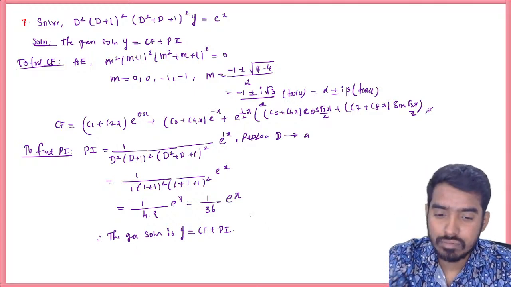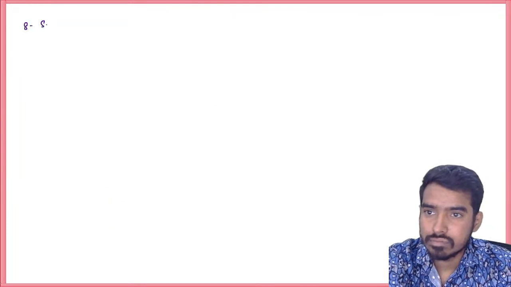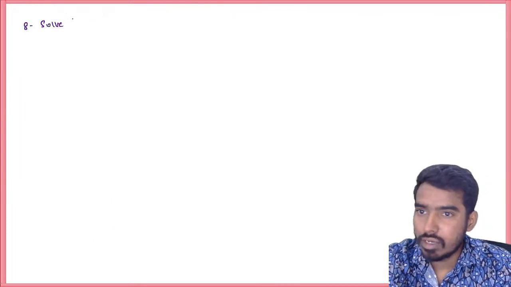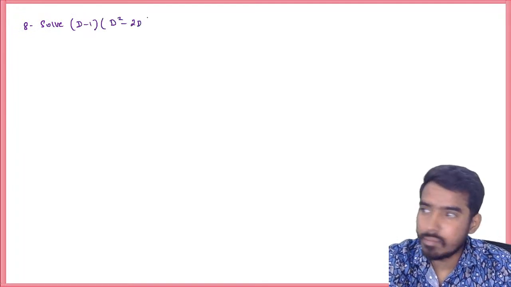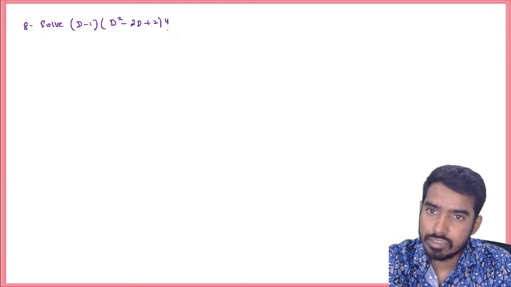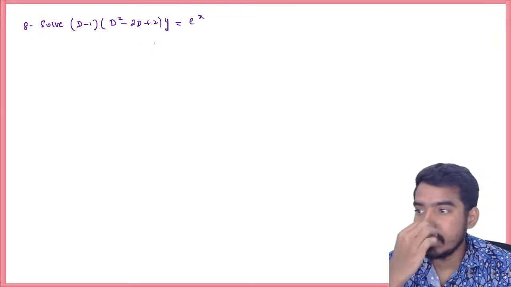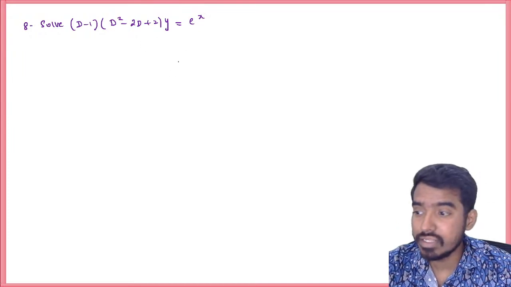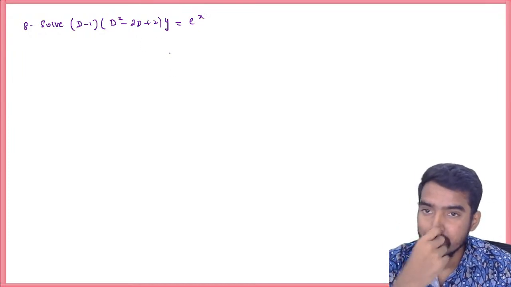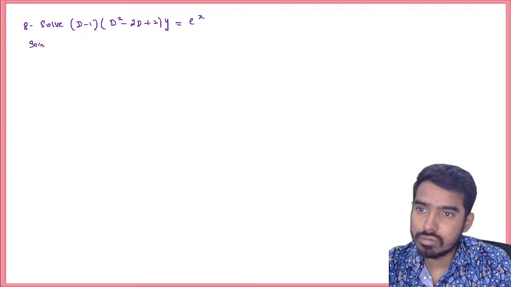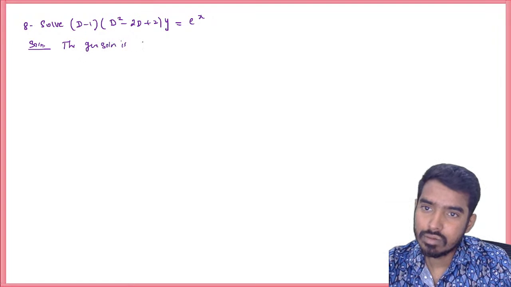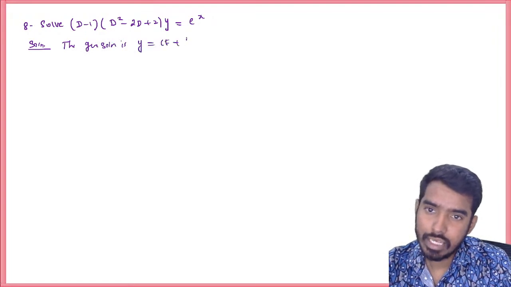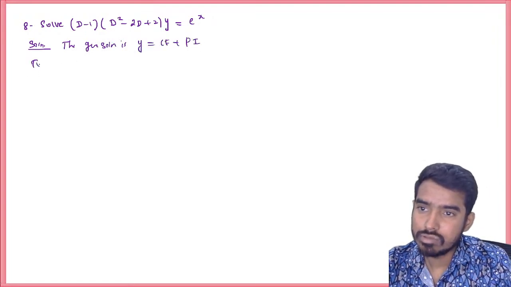On the 8th problem, solve D minus 1, D square minus 2D plus 2 of y is equal to e power x, right? This is a third order linear differential equation with constant coefficients, right? Okay, so the general solution is y is equal to CF plus PI. So to find CF,